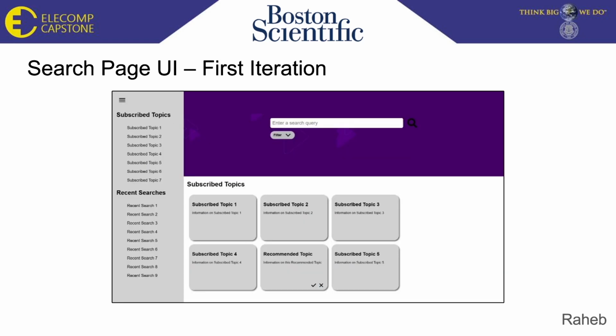And so this is the first iteration of the search page. You can see there is the subscribe topics on the bottom where it has the recommended topic with the check mark and the X. And they can click on whatever one they want and it will open it up into the results page, which you'll see later. And then there's also the subscribe topics and the recent searches on the left in the sidebar. And then as well as the search bar at the top for any new search query,